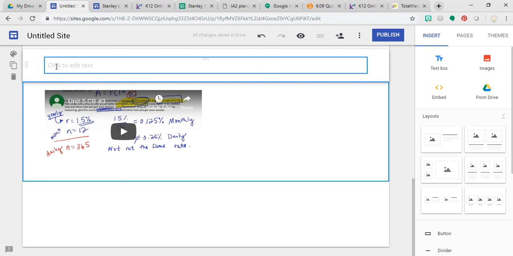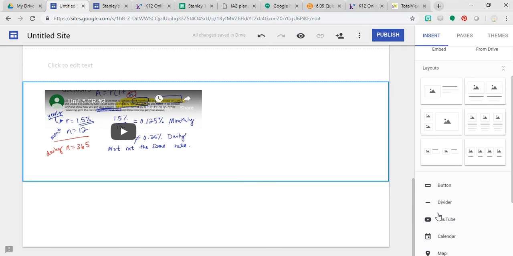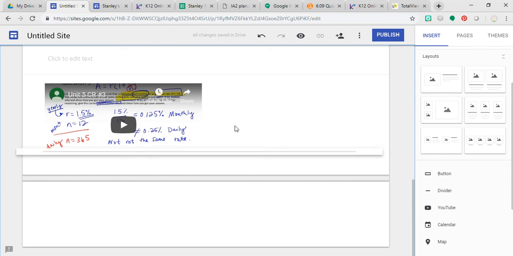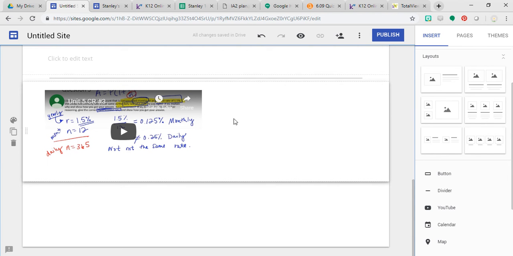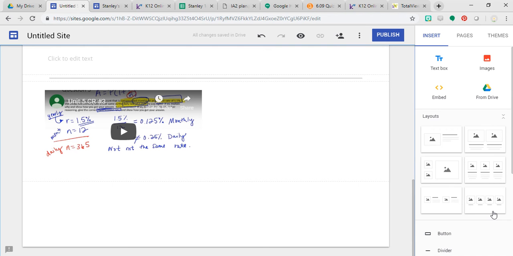And over here you can change the section background, you can duplicate a section, and you can also delete a section if you don't want it. And the other thing I use just to kind of help space things out is I will use this divider every once in a while to put in between things to show that there's kind of a new section coming up. So that's a little bit about how